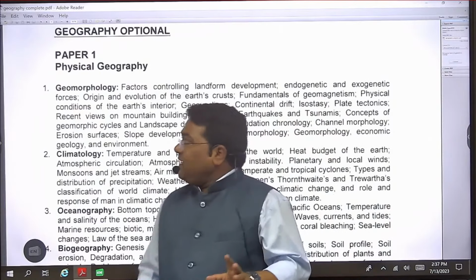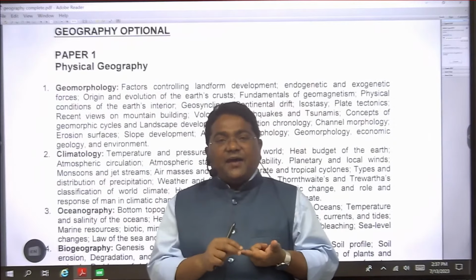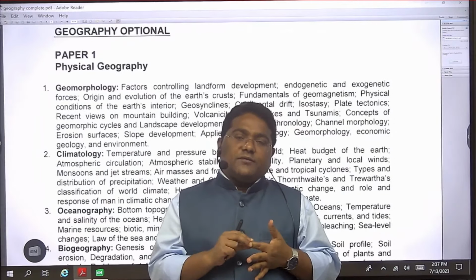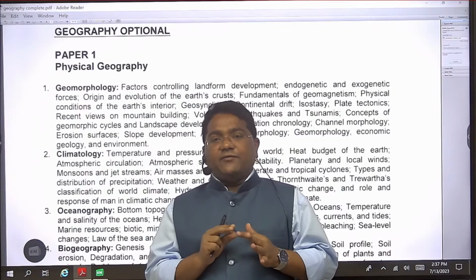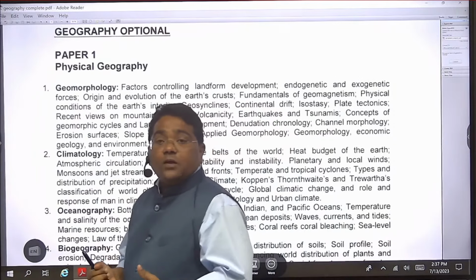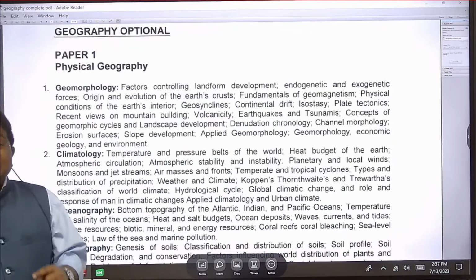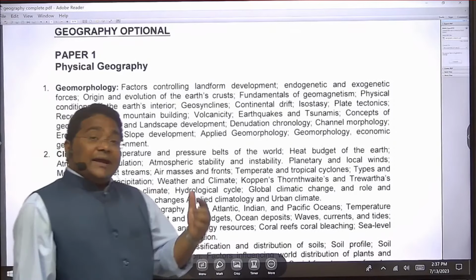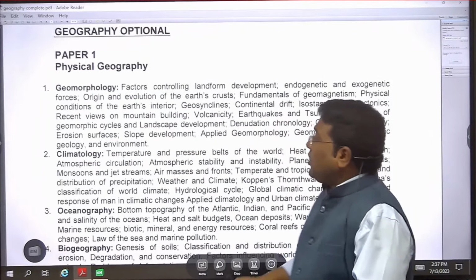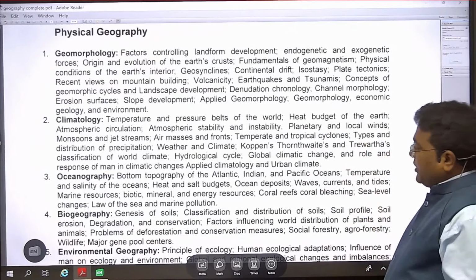In section A, in the first section, we are having the topics geomorphology, climatology, oceanography, and biogeography, and environmental geography is also added. In section B, human geography, models, theories, agriculture. Agriculture is not confined to India, it is about the international level, the world level, theories, right? So here, geomorphology, if you carefully observe, in physical geography, geomorphology,